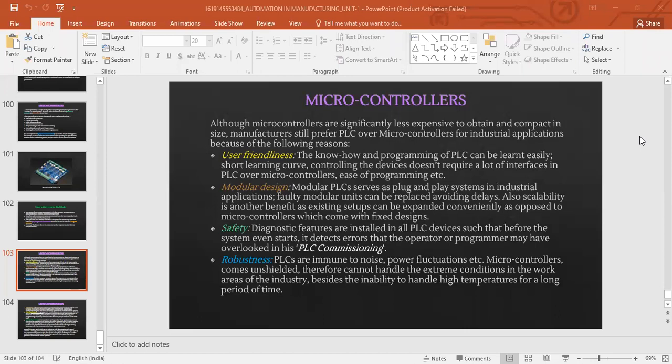Also, scalability is another benefit, right? Because you can attach it, you can add more and more units. So scalability is also there. Not like rigid automation, where there was inflexibility to accommodate the product changes, right? So in here also you can